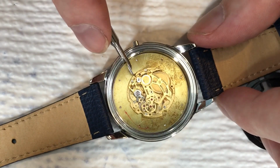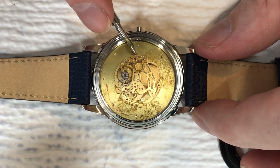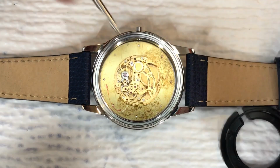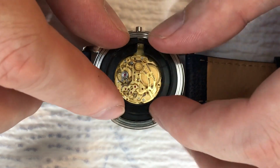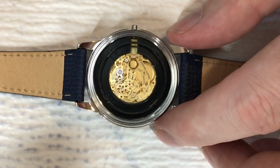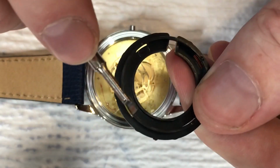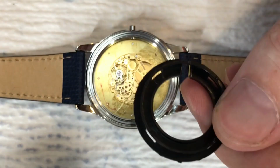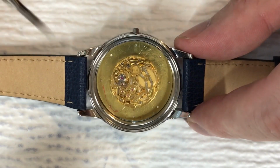I'm going to get this close to where it needs to be for the stem, like so. Get this mostly centered up. There's a notch on this side of the movement holder. Kind of see it. This is to help keep it secure usually. You can see there's a little notch on this side, and there's a notch on the inside of the case. You can kind of see it there. So here's a little notch,